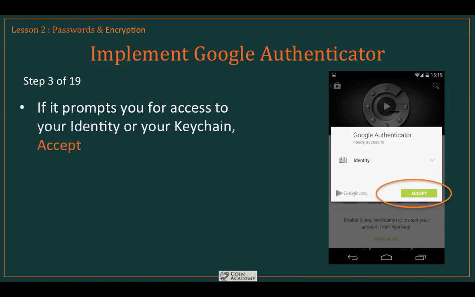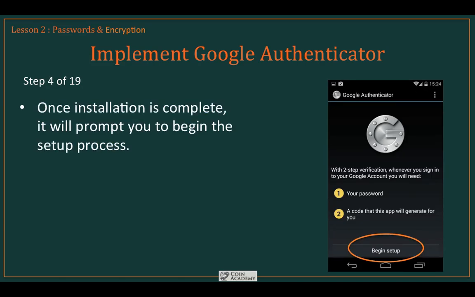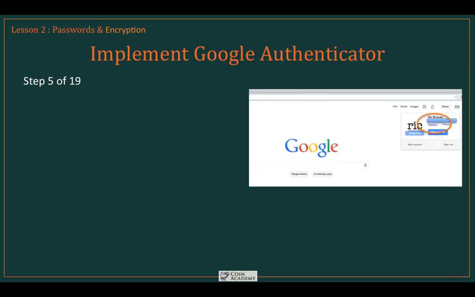Now it's going to ask you for permission to access your identity or for your keychain in some cases. Go ahead and accept. You need to do that. And then it will download and install, and once the installation is complete, it will prompt you to begin the setup process for two-step verification. This is where we're going to have to start working with our browser. So click Begin Setup, and now go to your computer, open your browser,